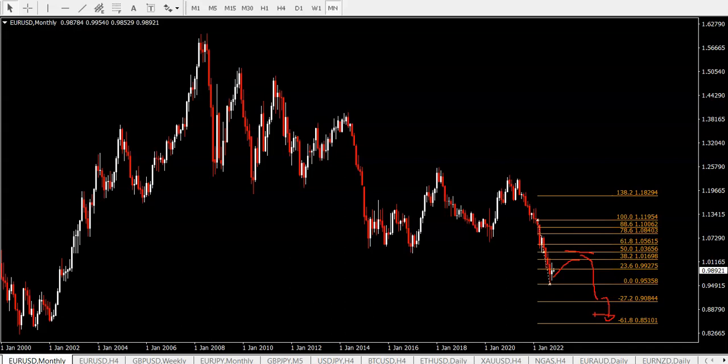So we could have easily 2, 3, 4 lower lows, which could push down to that 85 level and the previous bottom down in here. Whereas if it's a wave 4 of a higher scale, maybe the stopping point would be 090. So let's see, that will impact the target as well.